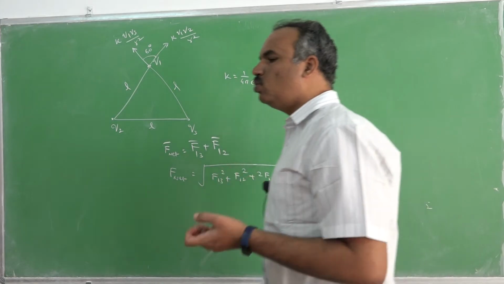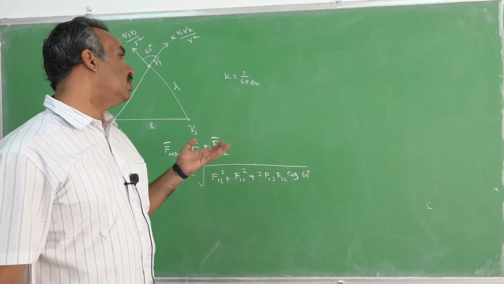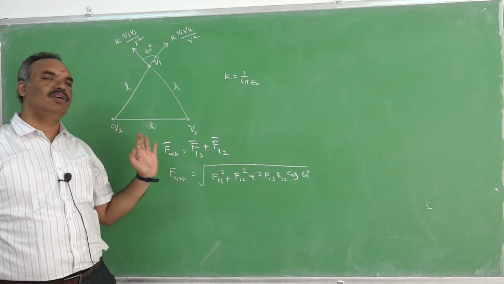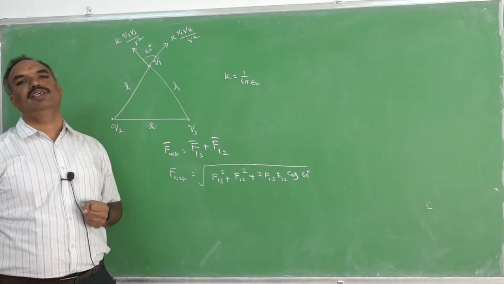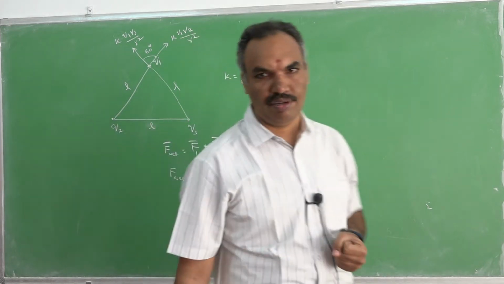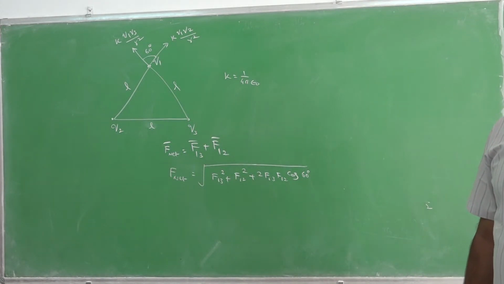Whenever more than two charges are available at a particular location, the force experienced by any particular charge is the algebraic sum of individual forces experienced by it because of the other charges available in the vicinity of the given charge. This principle is called the principle of superposition of Coulomb force.